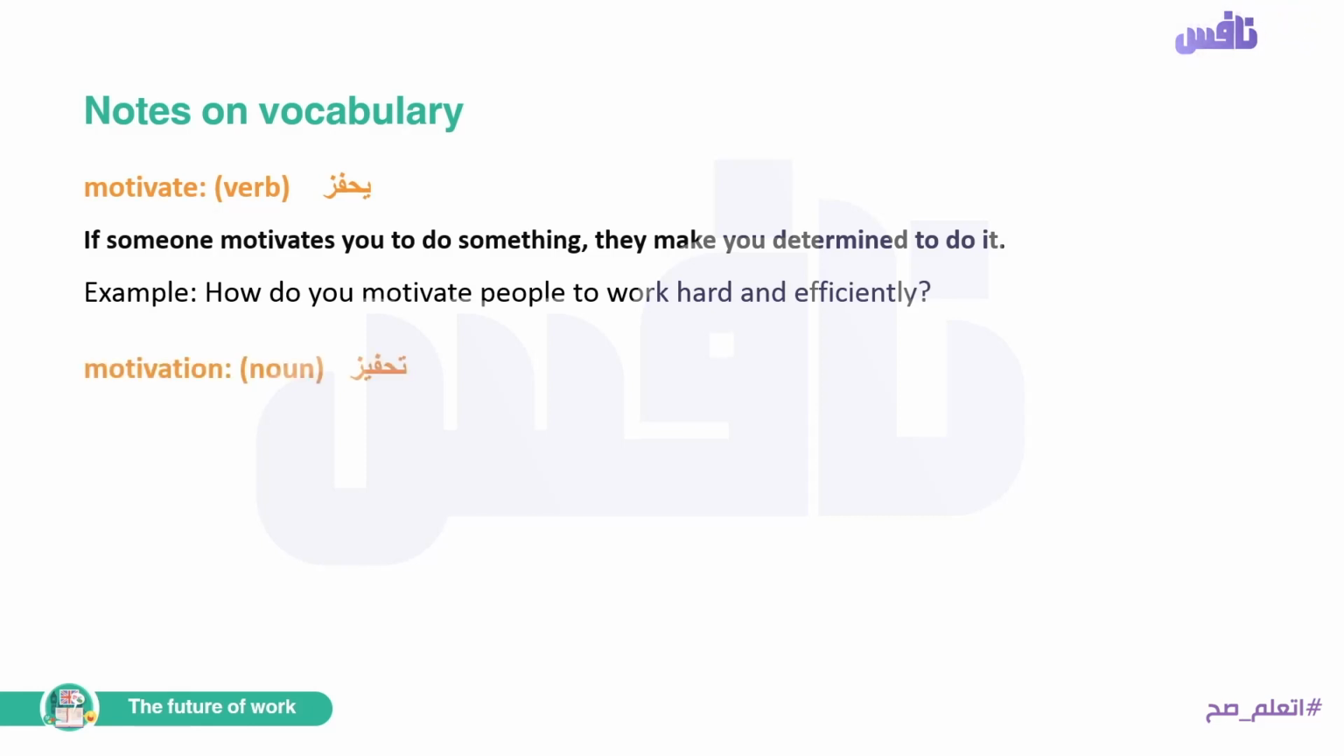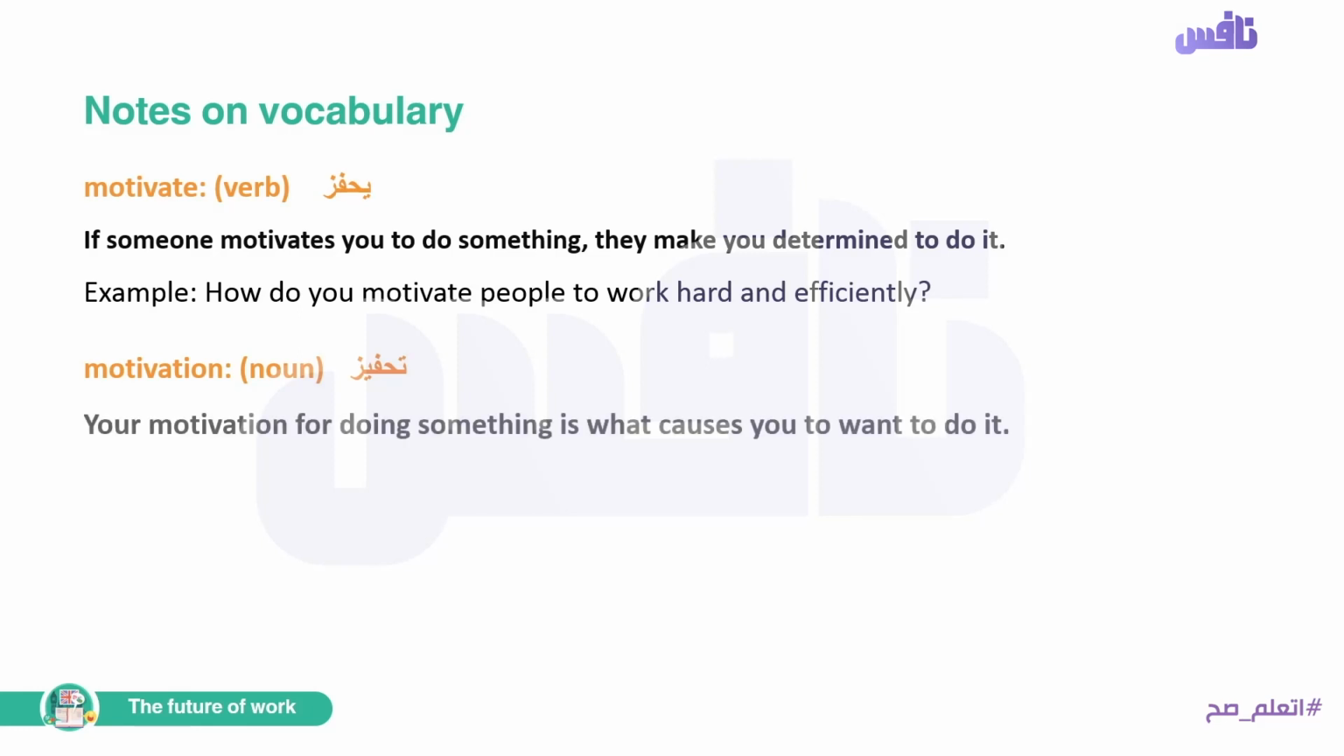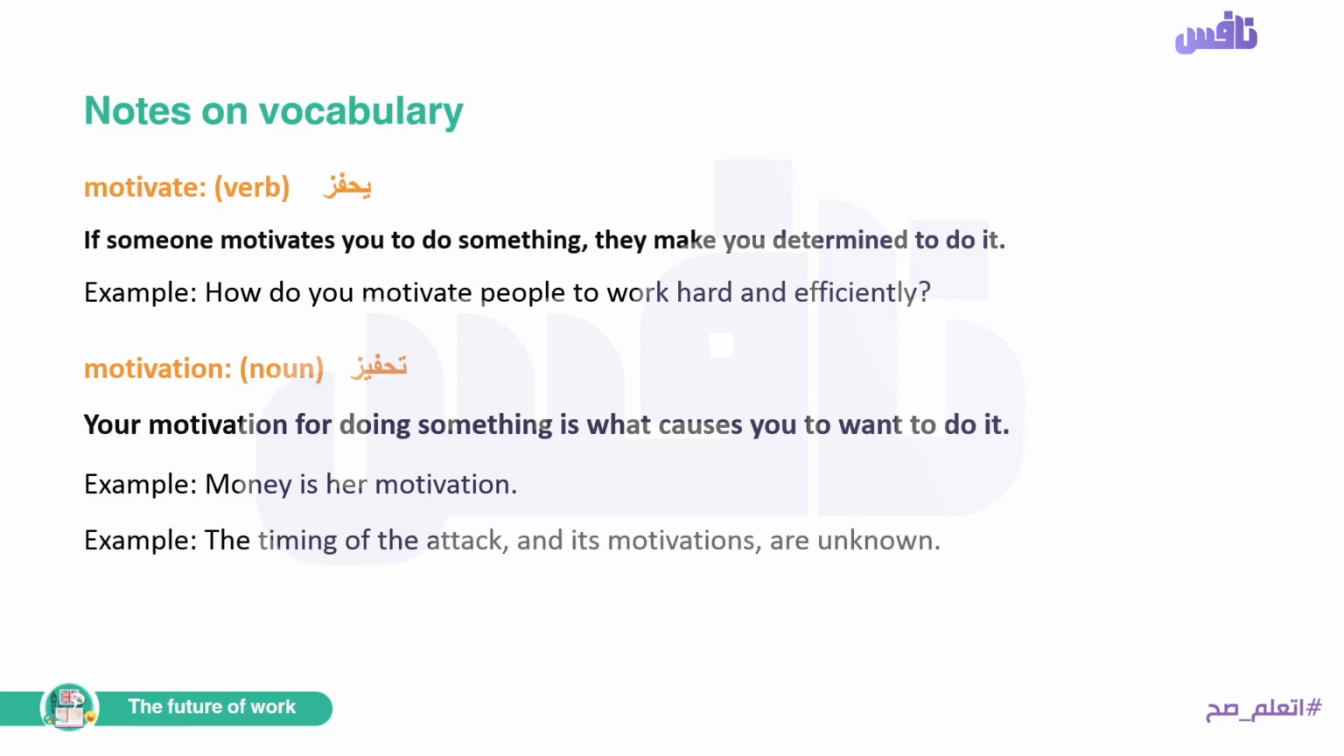النوع بقى هو motivation. Motivation اللي هو التحفيز. Your motivation for doing something is what causes you to want to do it. في الإكزامبل بيقول لنا money is her motivation. money هو المحفز ليها. في الإكزامبل number 2 the timing of the attack توقيت الهجوم and its motivations ومحفزاته are